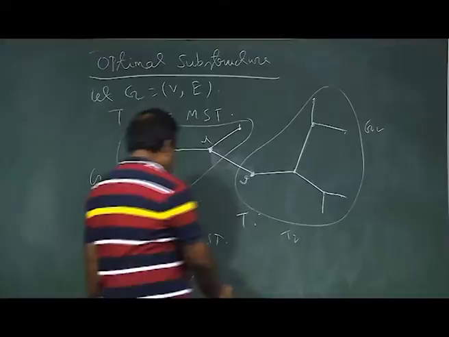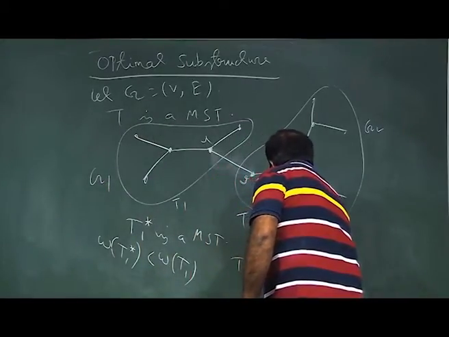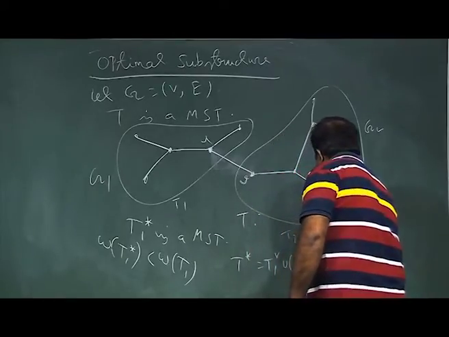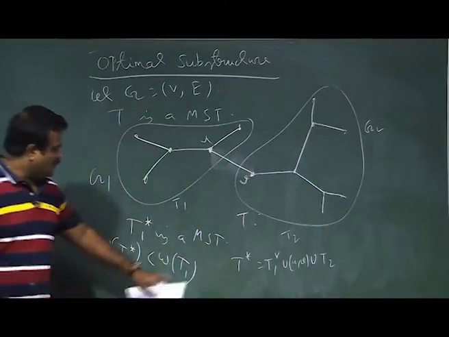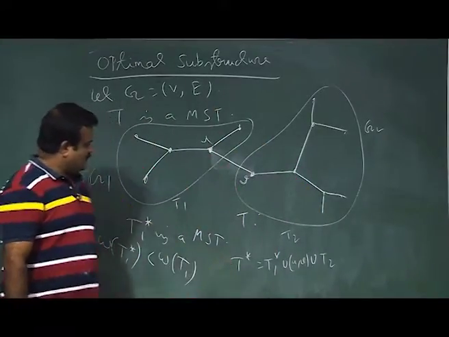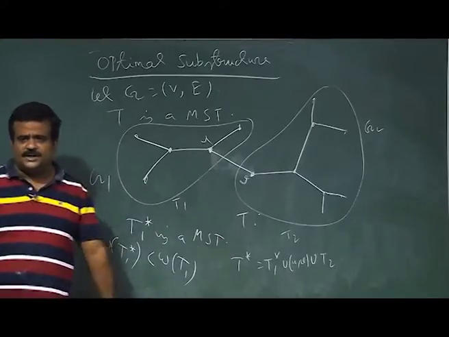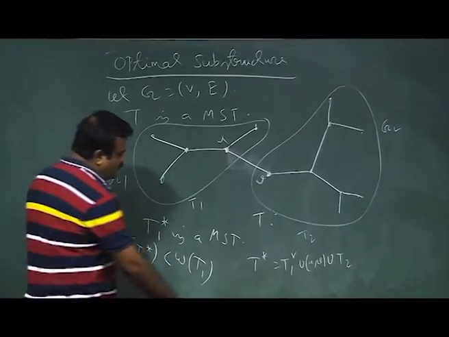So we take this new T star, which is basically T1 prime union UV union T2. Okay. And this T star is a spanning tree of the whole graph G, and the weight of T star is less than T, because weight of T star is